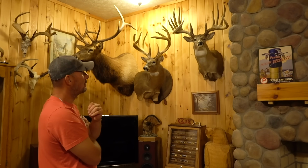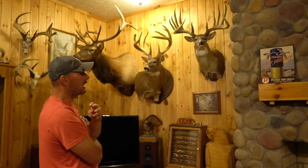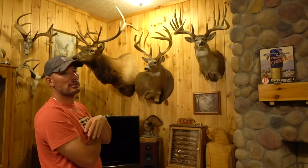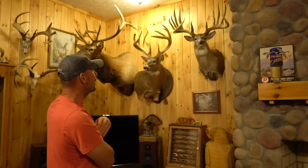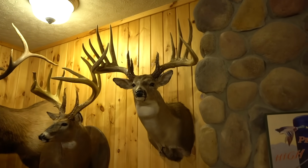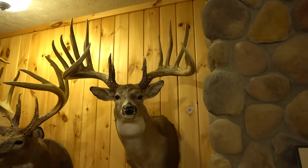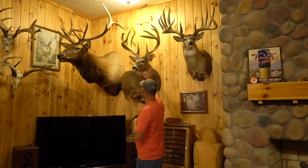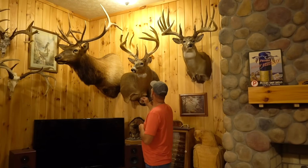There's nothing that compares. Everything pales in comparison, and really they should have named him the president or something like that, because general is not the highest ranking, I guess, is it? So, and he definitely is. That's the greatest whitetail. Now these deer here, a gentleman friend of mine named Klaus Lebrecht, he does the finest